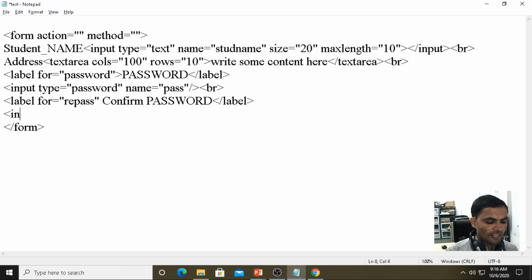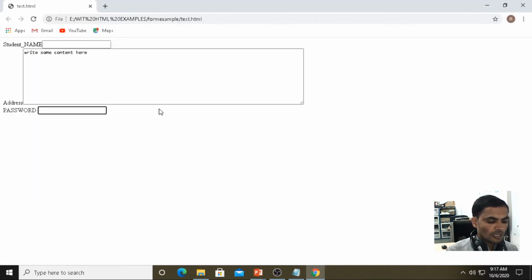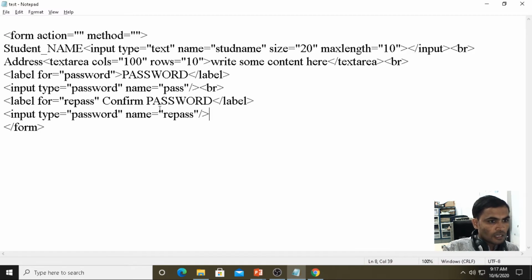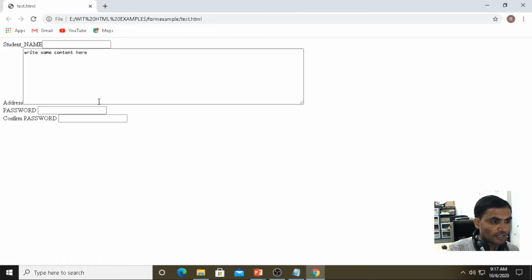Then we are having input type equals to password, name equals to repass. Then when you press F5, we have not closed the tag here. Label, Control S, F5.